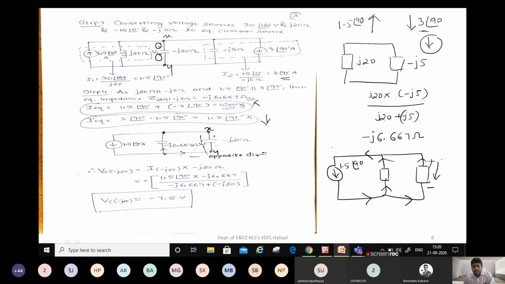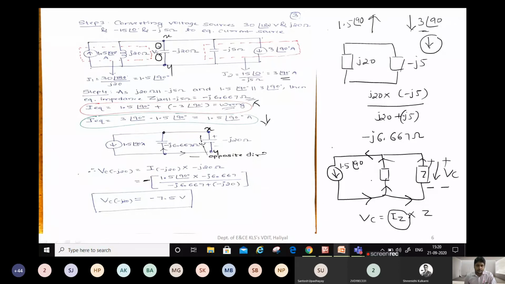So it will go like this, and it will come out like this. So our interest lies here. We want to find what voltage across this. So how to find the voltage across this? So this voltage will be nothing but, if I consider this as Z, so I can find out the voltage like V of C equal to I, current flowing through that Z multiplied by impedance value of that. So in order to find the current, I can use the current division rule. So what the current division rule says here, main current multiplied by opposite impedance divided by summation of the two impedance. So we are going to apply, but with the negative sign here.